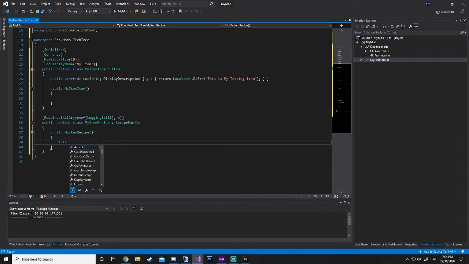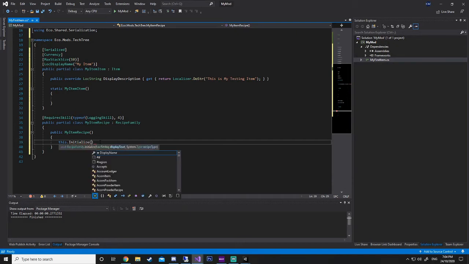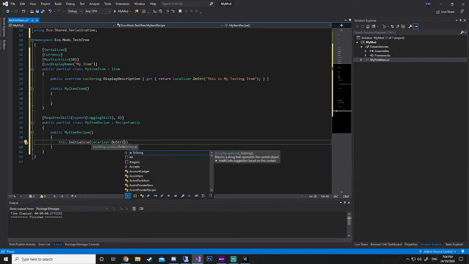So we're going to go this dot initialize, and we're going to use the localizer here as well. So we're going to do string, and we're going to do like whatever it is.